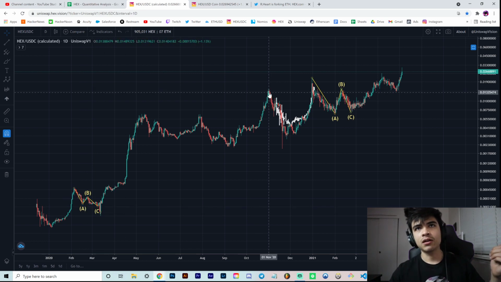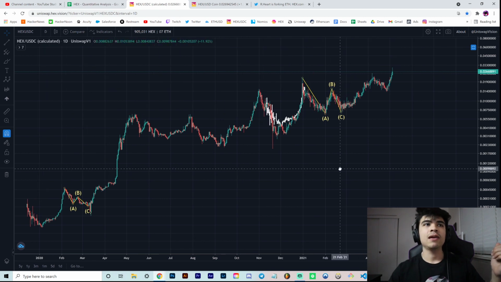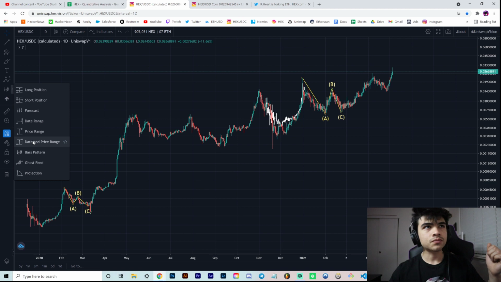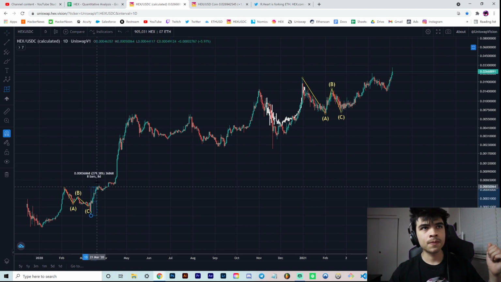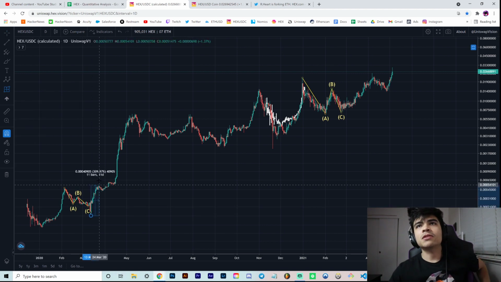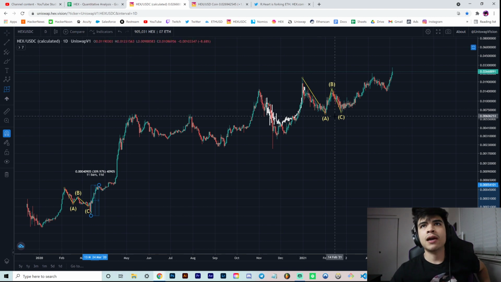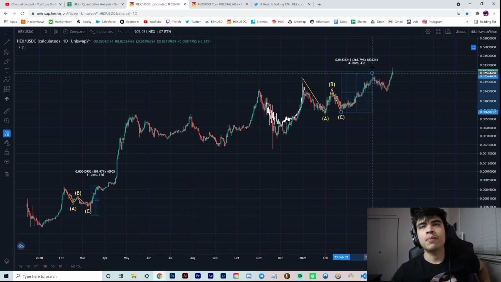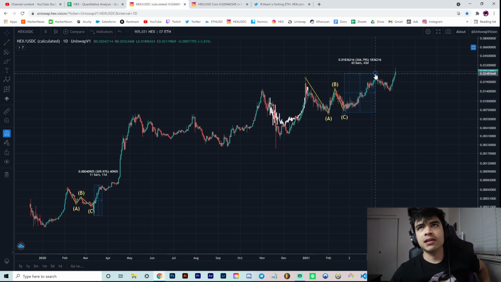So whichever way you put it, you had this parabolic U-shaped formation followed by an ABC wave. Again, over here, parabolic U-shape followed by an ABC correction. And then what did we do from there? Well, back here, what happened? We pumped about 4x, okay? What happened over here? We pumped about 3.7x, okay? And look at where this pump took us.